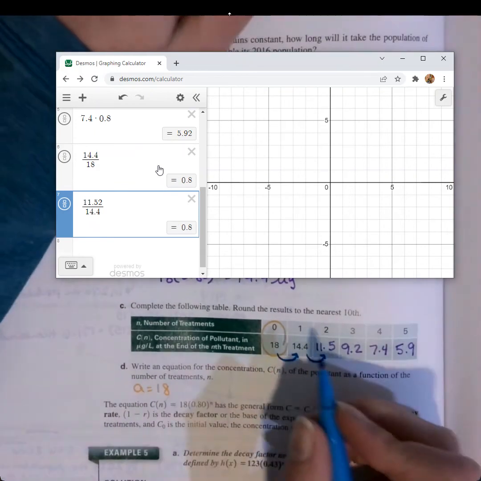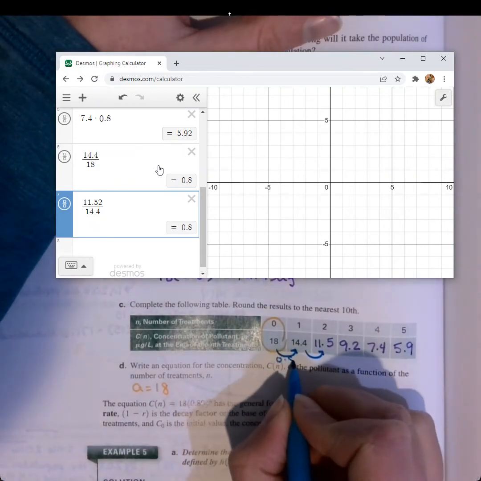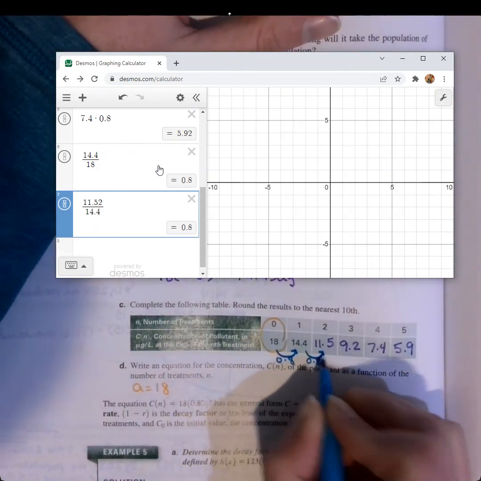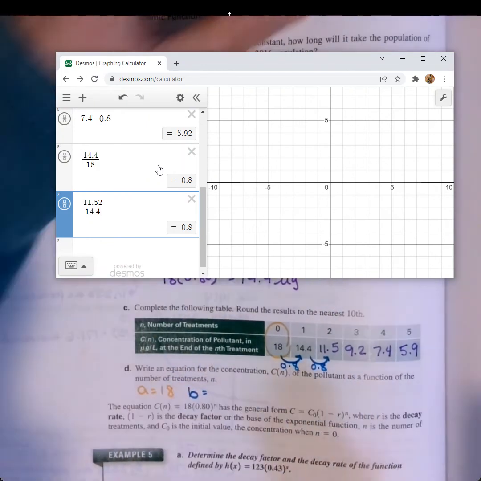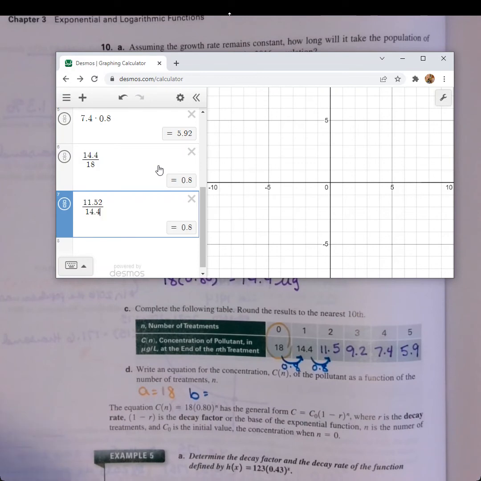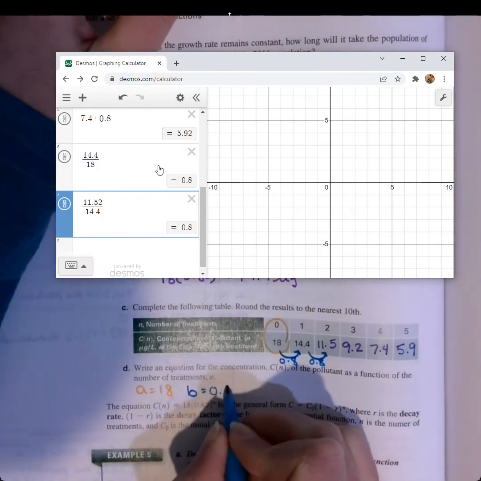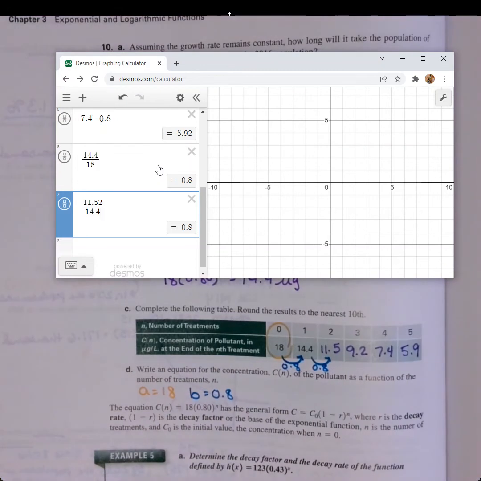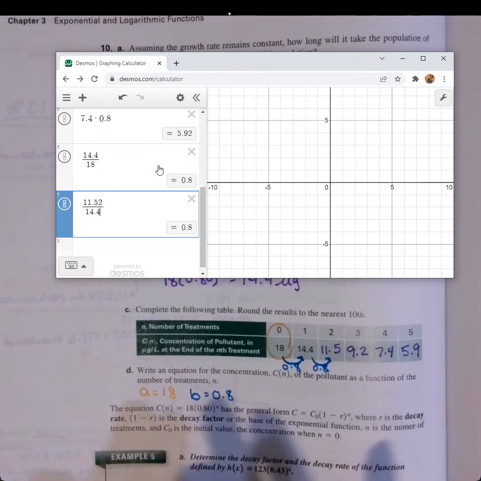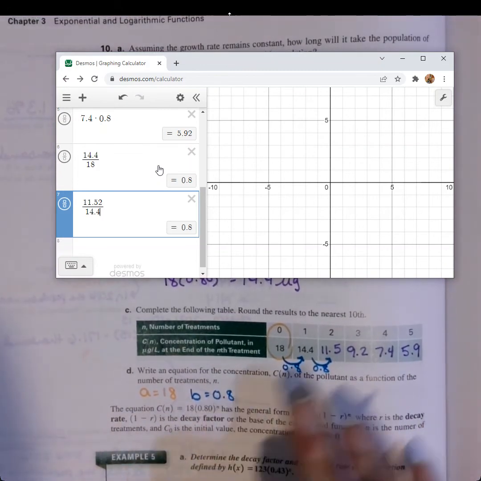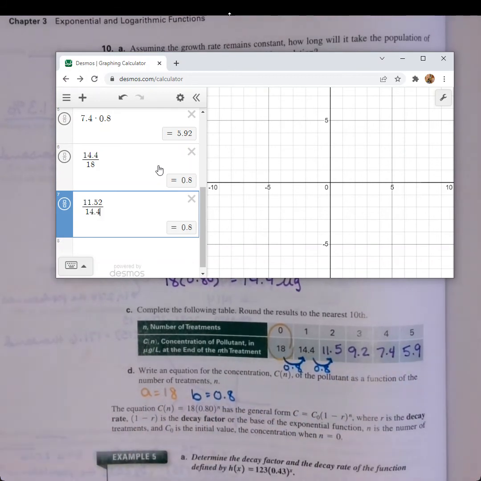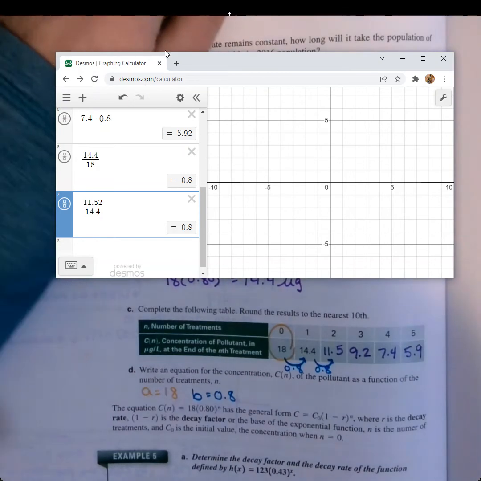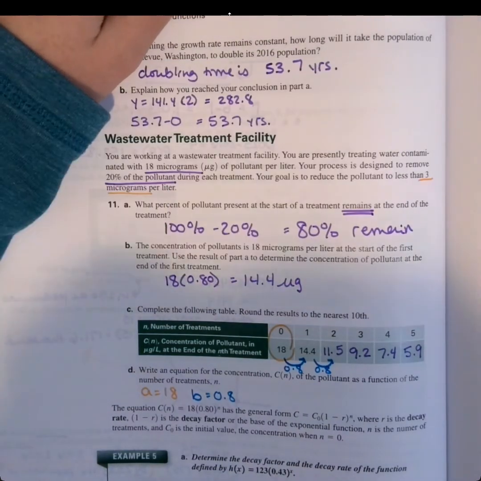So this ratio is a multiplicative factor of 0.8. I can see the multiplicative factor, my decay factor in this case, because these values are decreasing. The factor is 0.8. So that together builds our function